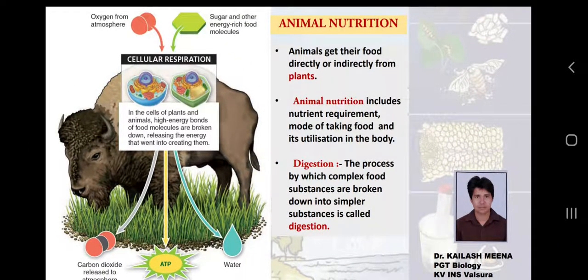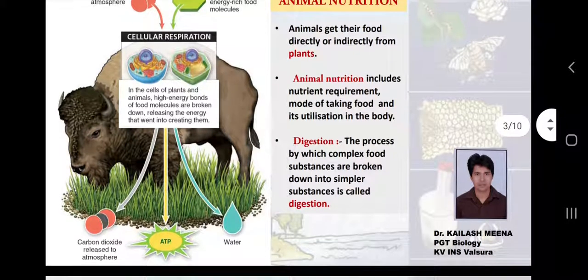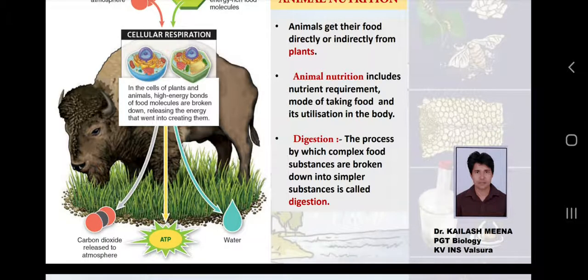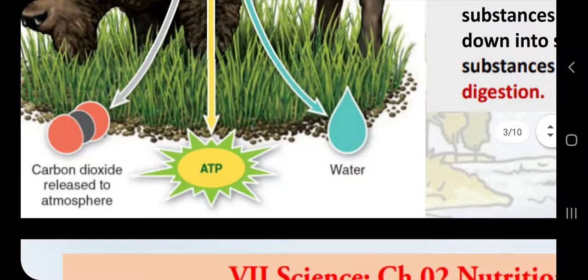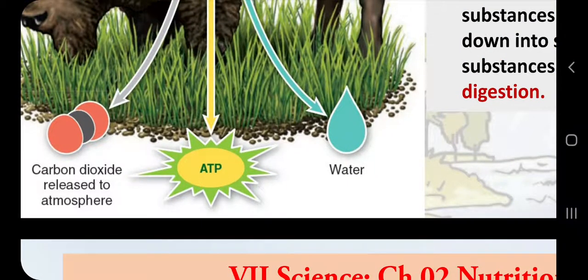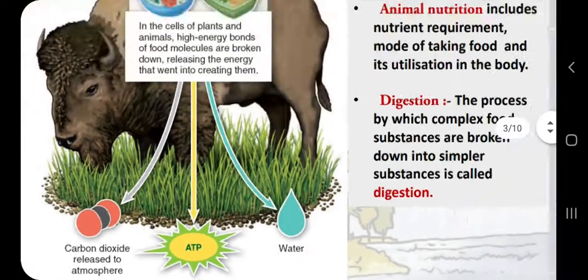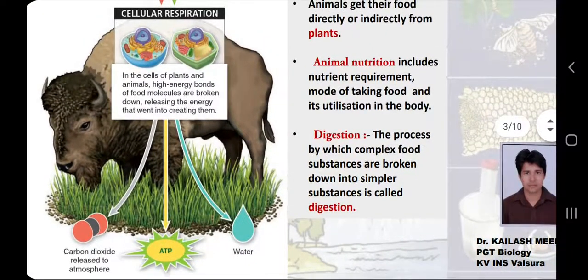In the cells of plants and animals, which this picture shows, these cells are using oxygen from the atmosphere and sugar or carbohydrates or food molecules from food, and then producing energy, carbon dioxide and water. Here we are showing energy as ATP molecules. We will learn more about ATP molecules in higher classes. Here we need to have an idea that ATP is the energy coin for our cells. Ultimately every food item is converted into ATP, and the cells of our body use energy in the form of ATP everywhere.